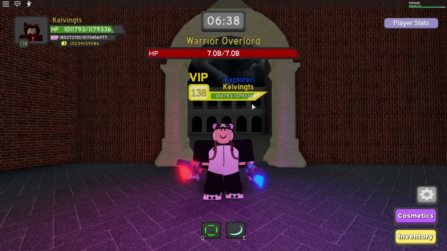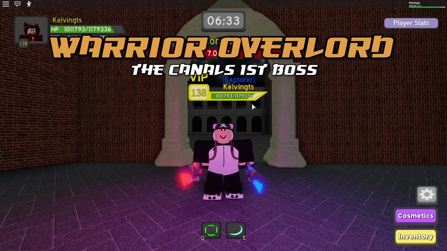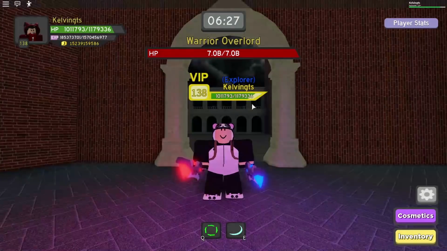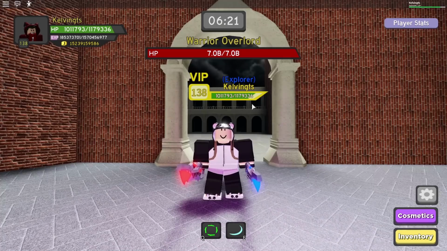Alright guys, and here we are in front of the Warrior Overlord. This is definitely one of the harder bosses in the canal, and I'm gonna teach you guys how to beat him. He's gonna have 2 phases, which are kind of similar, so it's hard to differentiate. The only way you can really tell is based on the spirals around his body, which when there's no spirals,